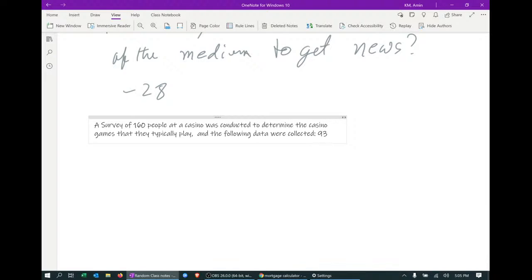93 played blackjack. 77 played roulette. And 39 played craps. 51 played blackjack and roulette. 22 played